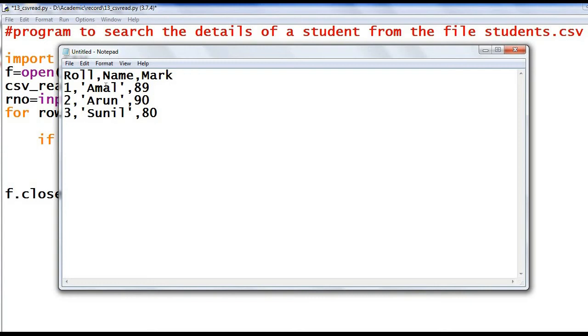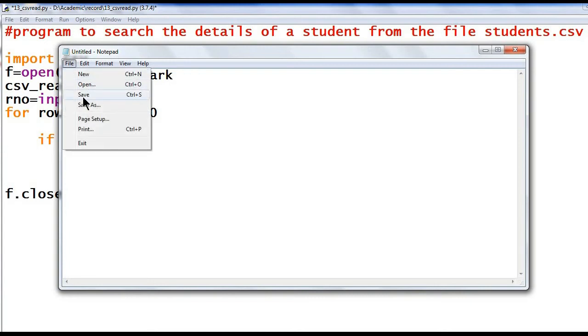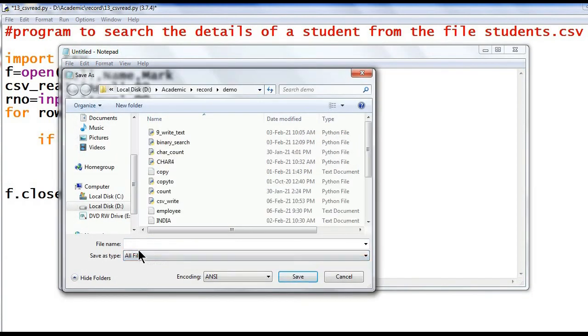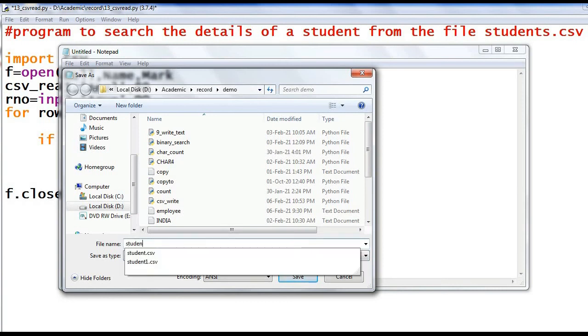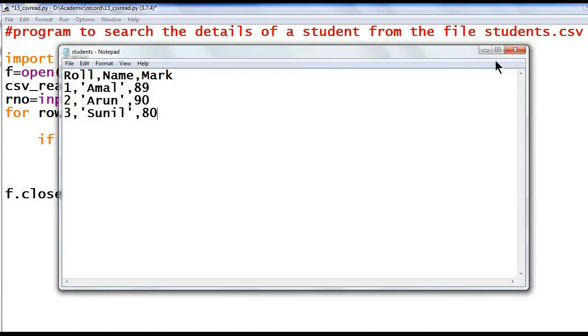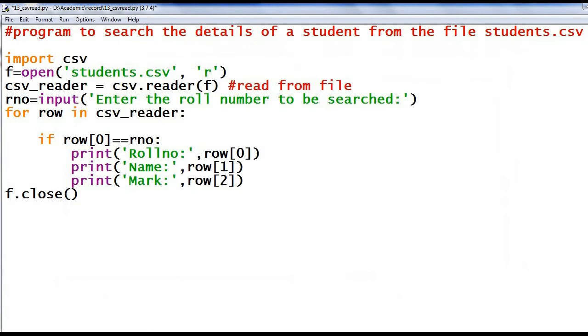Then save the file as a CSV file. For that, File, Save, or Save As, type All Files. Then give the file name students.csv. You have to specify the file extension .csv. Then save the file.